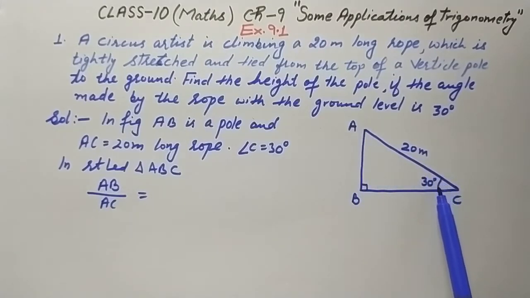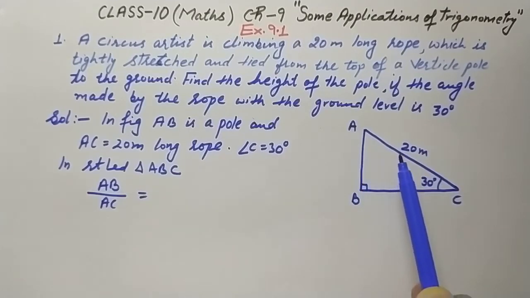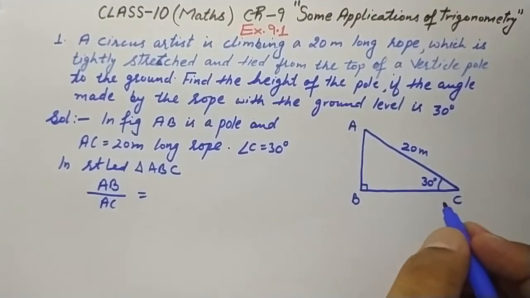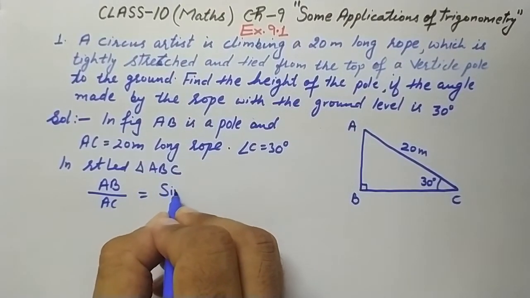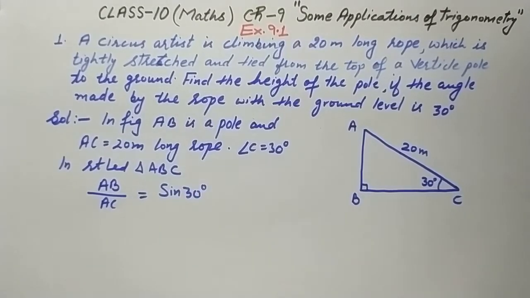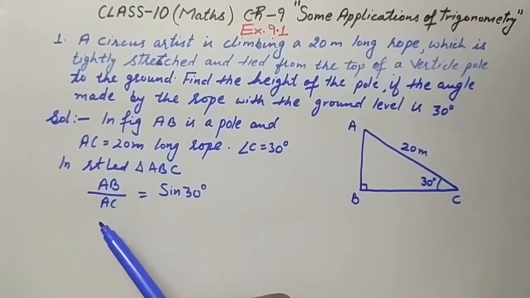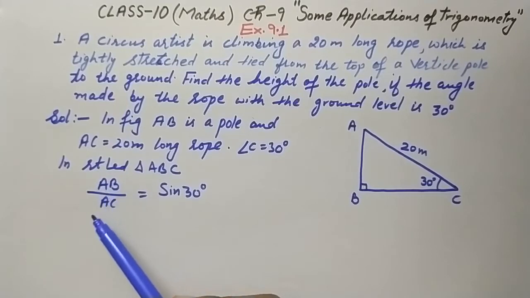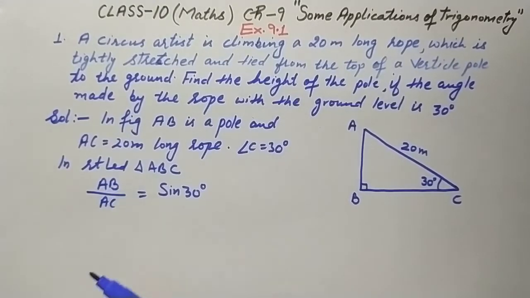If I take this acute angle, then AB with respect to this acute angle is perpendicular and AC is hypotenuse. So P over H, we know P over H is a sine of any angle, that is sine 30 degree. So P over H is sine 30 degree, right? So this way we will do this. Now I told you that whatever is to be found out, that you write in the numerator, and what is given, that should be in the denominator. But you can interchange these also. You can write this down also and this in the numerator also, no problem.